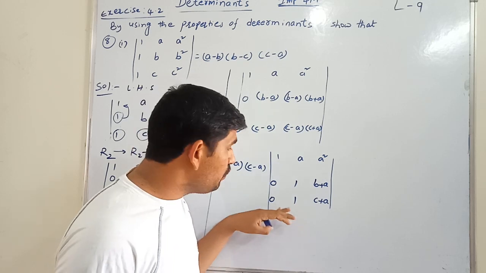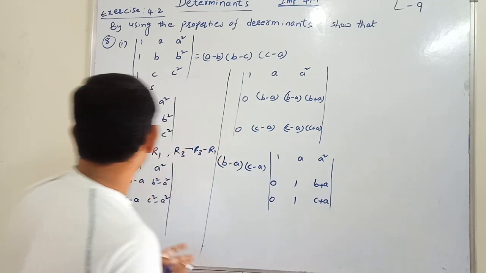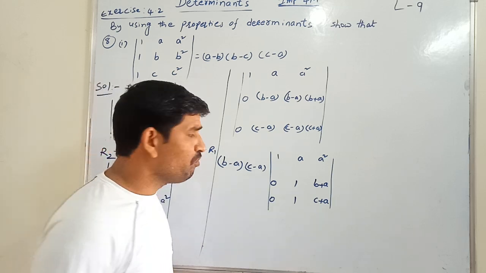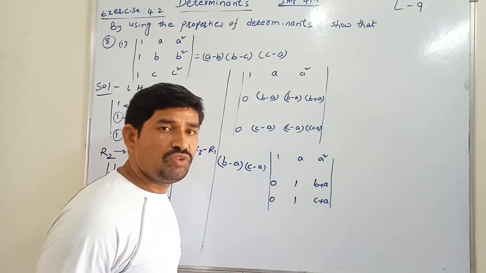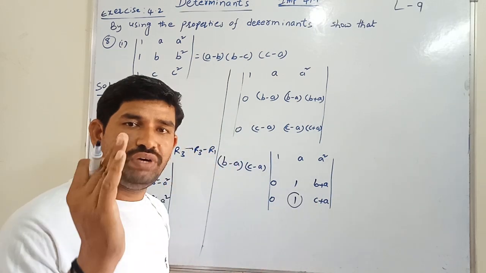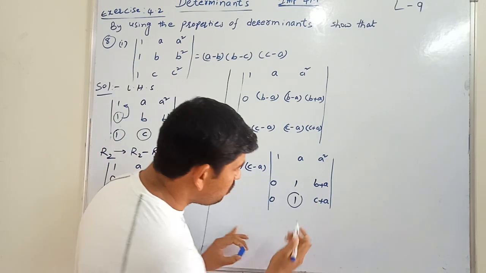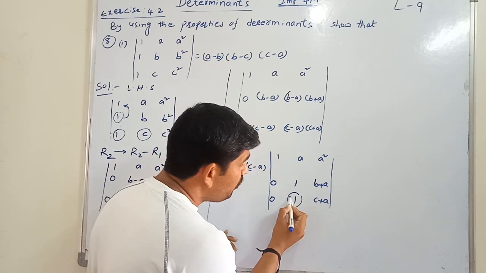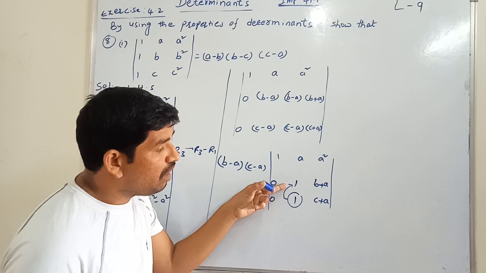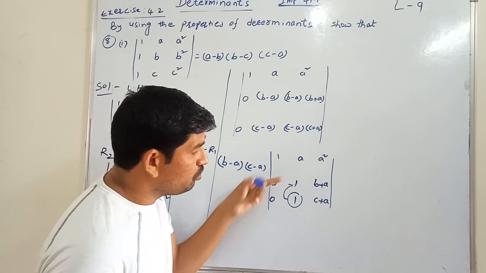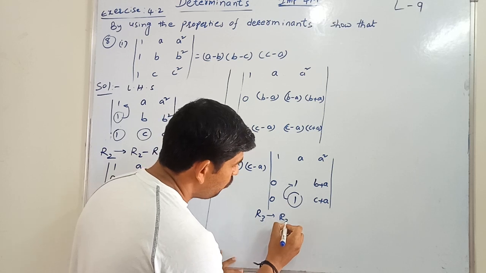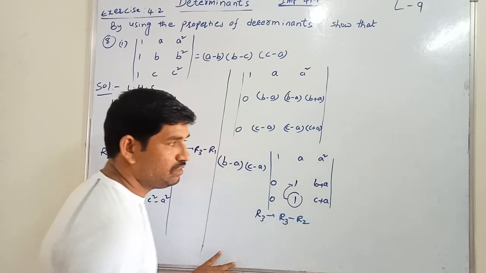So now the continuation of this one will be continued here. See, 1, 2, 3 places we have to make 0. Yes or no? Already we got 2 places as 0. Now we have to make this place a 0. It is very simple to get the 0, because to have this place 0, definitely we have to use, I am giving the direction, R2. This element is present in what? R2. So we can write here R3 tends to R2, R3 minus R2, that's all.